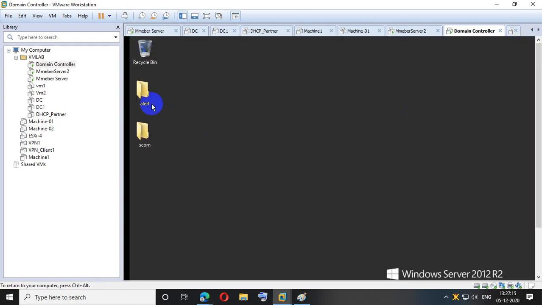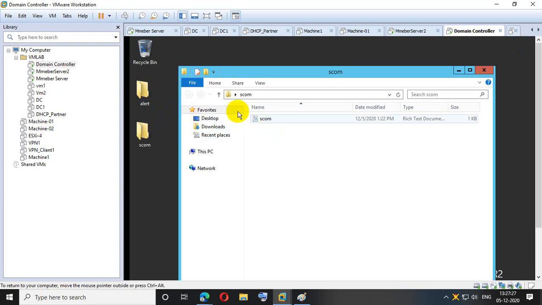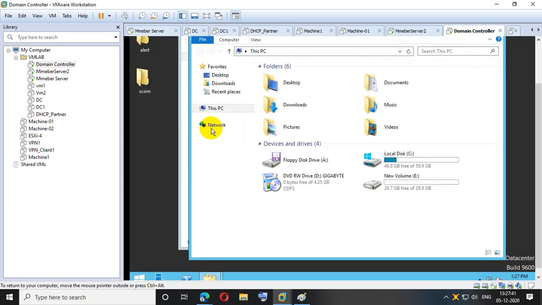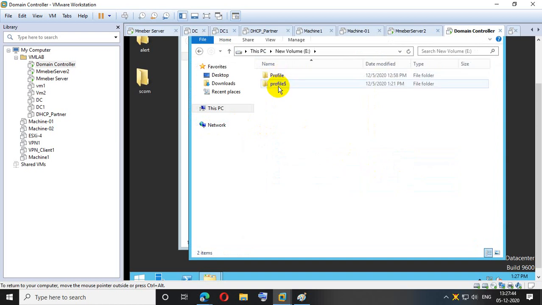Yes, alert and com. Wherever Mantesh goes within this office, any location, Mantesh's profile data will be the same. If you work here and move to another destination office and log in, he will get the same data. But how? Because his profile is shared and stored in a centralized storage location. And any user, like the two users I created, Ranga and Mantesh, the same thing will apply to Ranga as well.